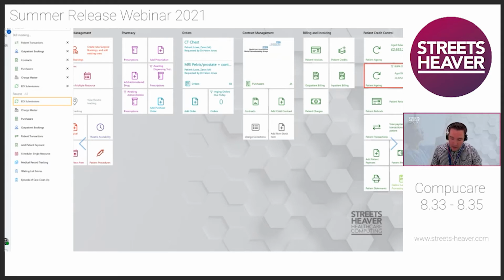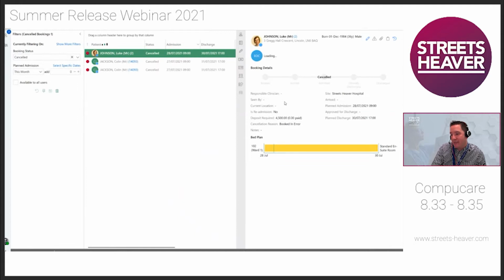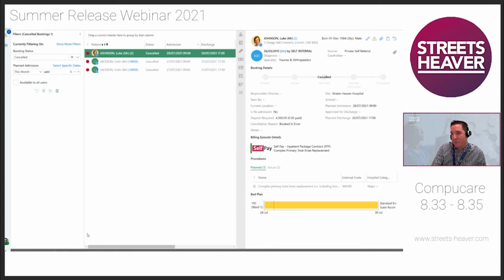Okay, so the next change that I just quickly wanted to touch on whilst we're looking at inpatients is around cancelled bookings. So I'll just drill into my inpatient app on here, and I've already got a filter set up for cancelled bookings, and I've got some bookings that I've cancelled previously. So the change that we've made here is that